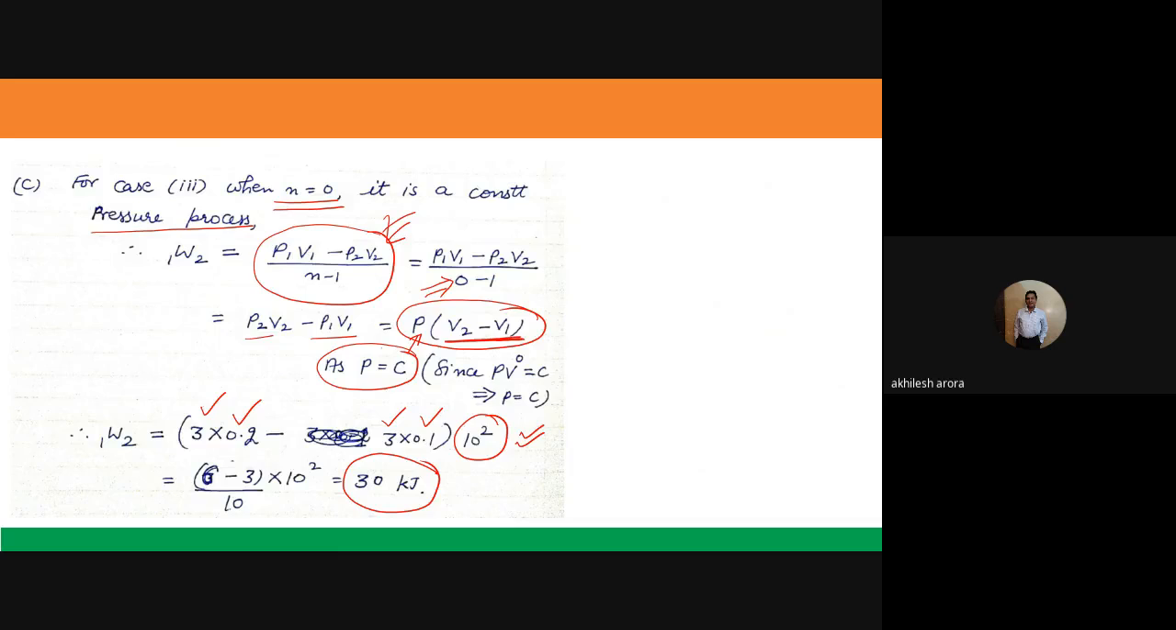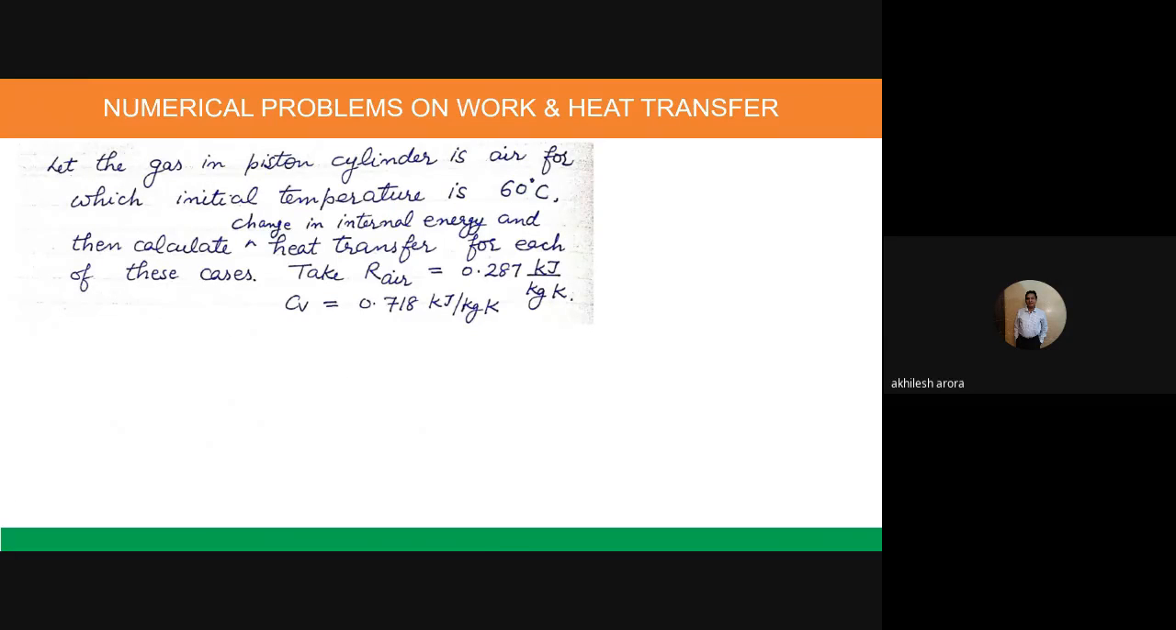Now what we can do is add a certain more portion to this numerical problem. We would like to calculate the heat transfer also. So I am considering the gas in the piston cylinder is air. So now I am considering that this gas is air and its initial temperature is 60 degrees Celsius. That means the value of T1 is equal to 60 degrees